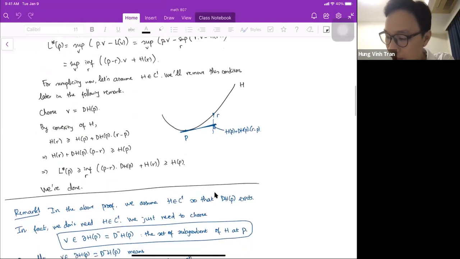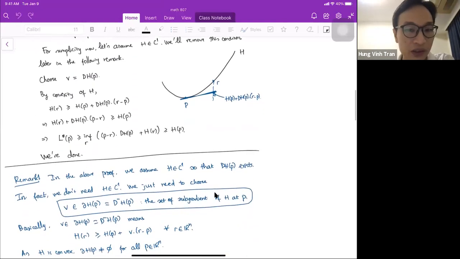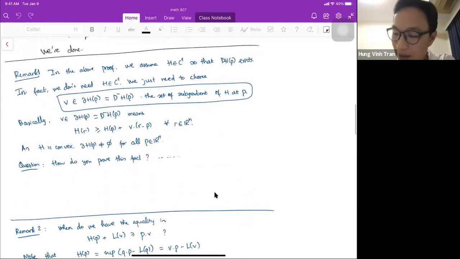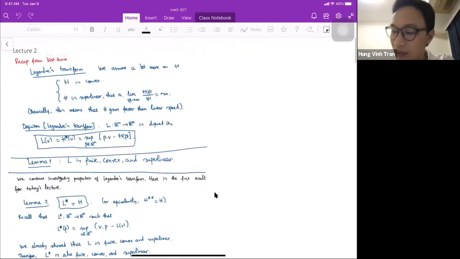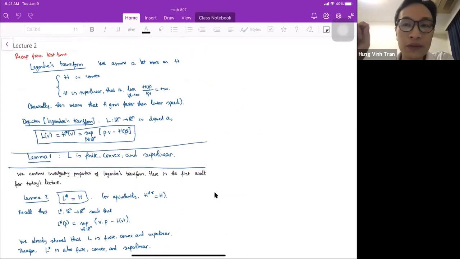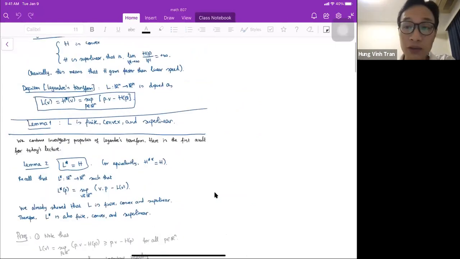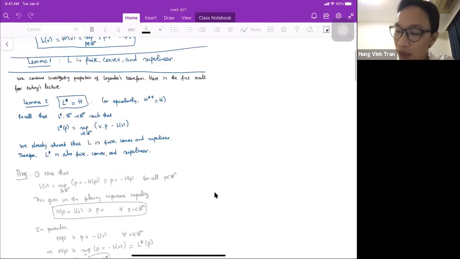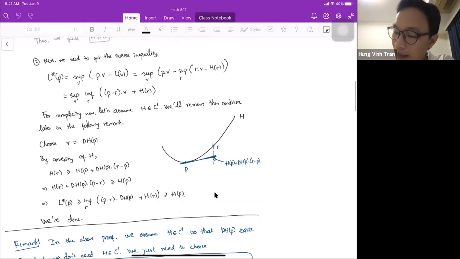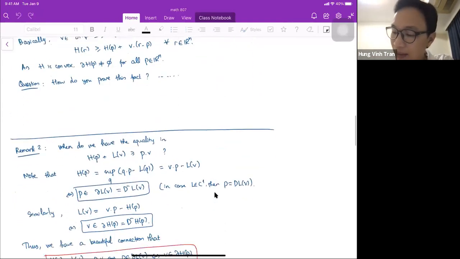about the subdifferential set, the subgradient set. We're going to discuss that. But the plan of the lecture is that I'm going to review quickly the Legendre transform, and then we're going to prove the second result, saying that if we take the Legendre transform twice, we get back to the original convex function. That's the first one I'm going to prove. The second one I'm going to prove is that